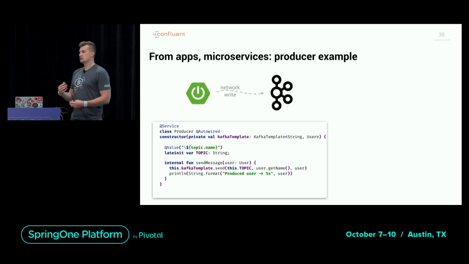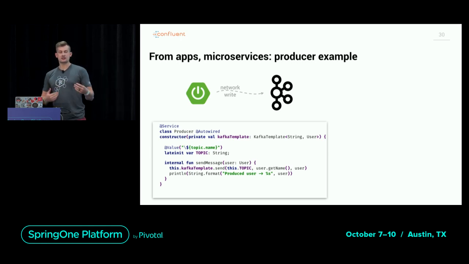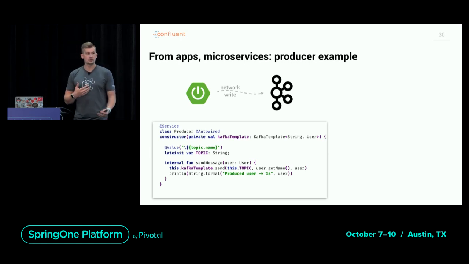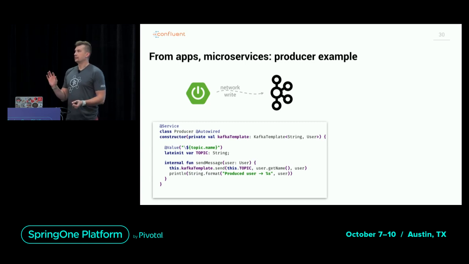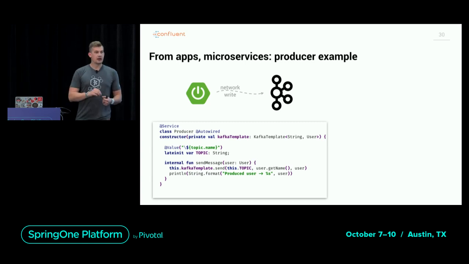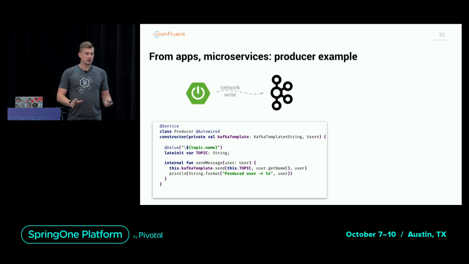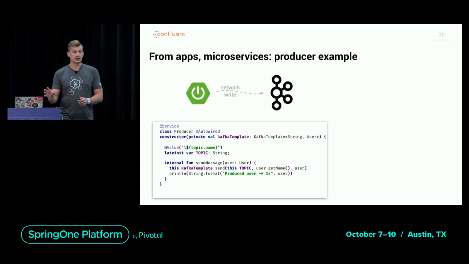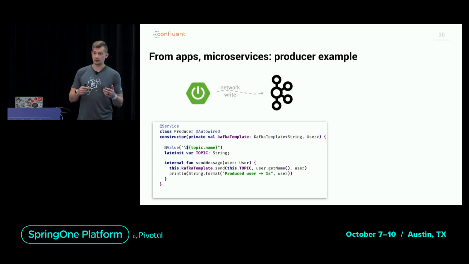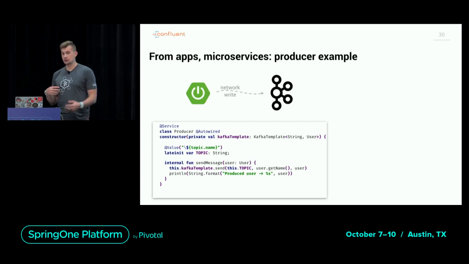You need to be responsible for deserializing your payload, because Kafka doesn't care about what kind of payload you're putting inside. But with frameworks that allow you to focus only on doing things, like for example the Kafka template, it's an amazing performance and productivity booster. So you don't need to do manual stuff.